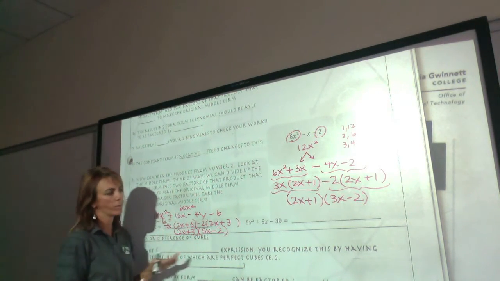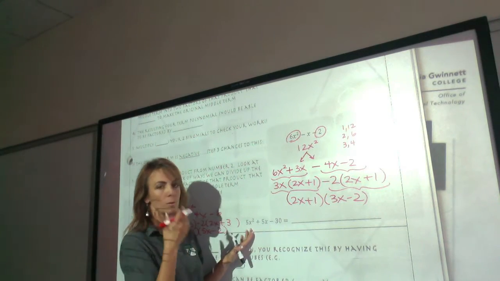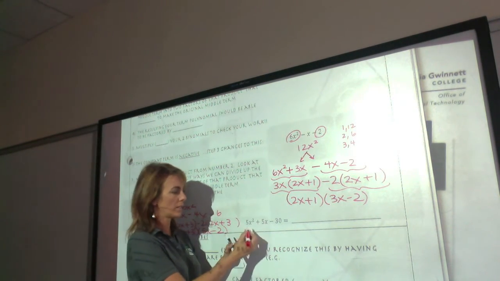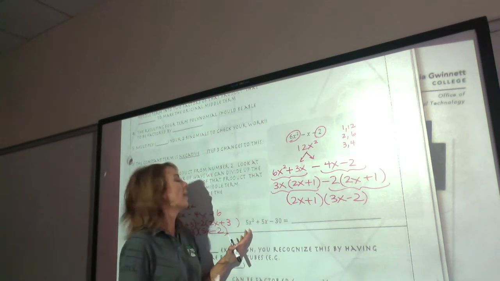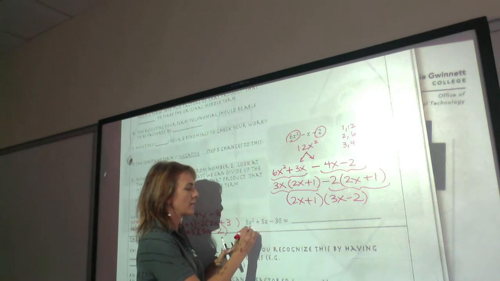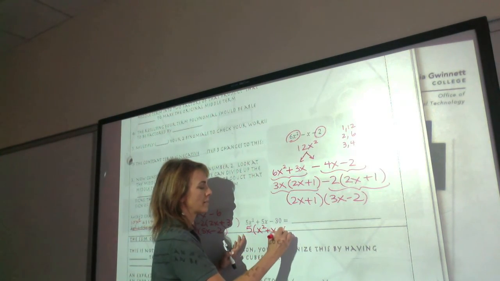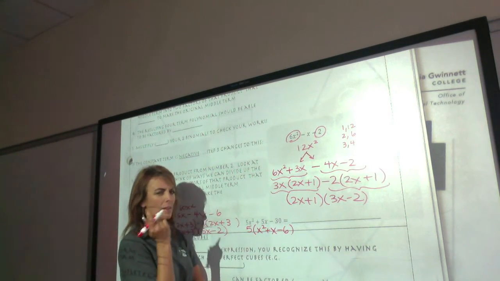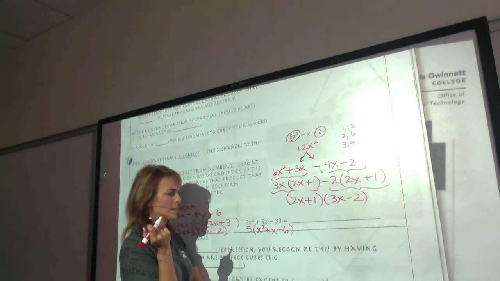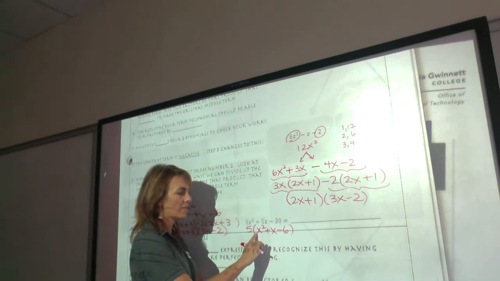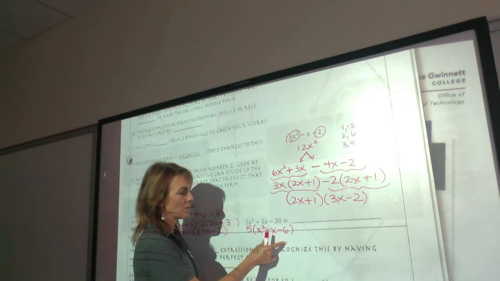Here, oh, this is a good one to look at, because what do you see that goes into everything? 5. Let's take the 5 out to begin. 5 times x squared plus x minus 6. I think we did something like this already, didn't we? And look, now I've got to factor something that does not have a leading coefficient greater than 1. And this is so much easier to factor. Keeping that 5,